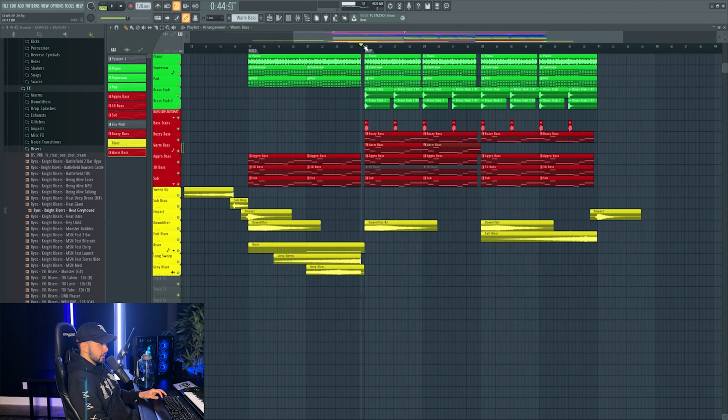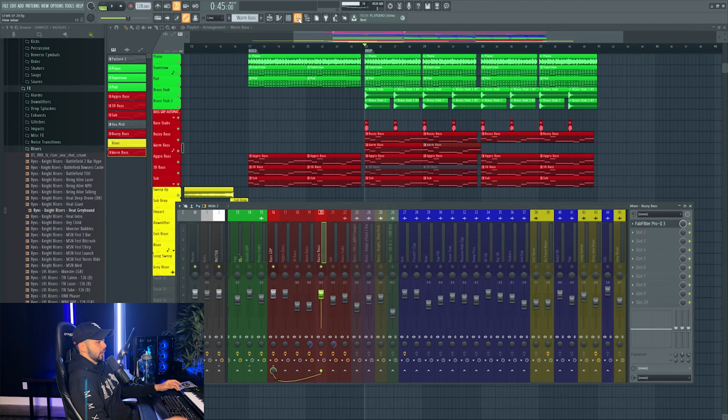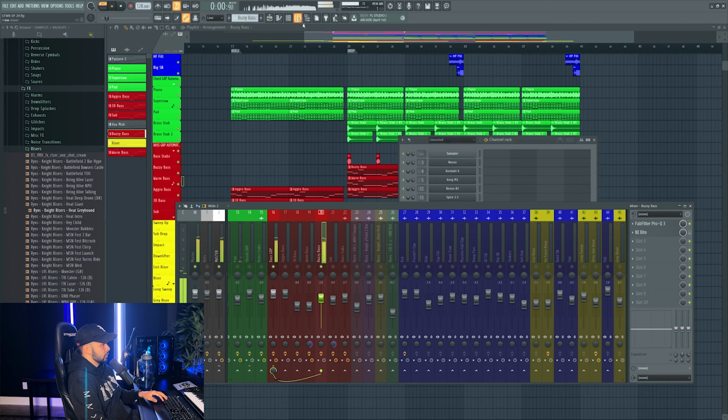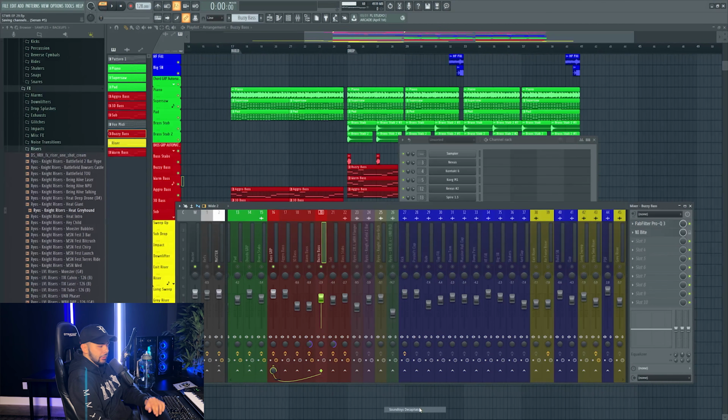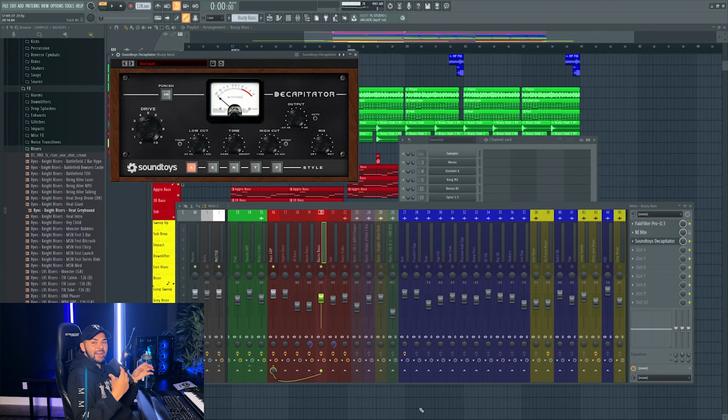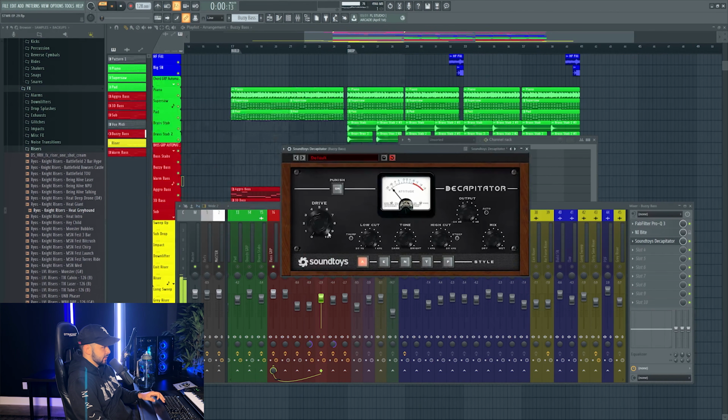For this buzzy bass, I want to add a little more crunch to it. Try to get a little bit more energy out of this bass stack, especially in the drop here. All right, so this bass right here, definitely a lot more on par with what I'm looking for. We can add a little bit of distortion to it too. I really want this bass to be bright so that it adds that extra crunch to the whole entire bass stack.